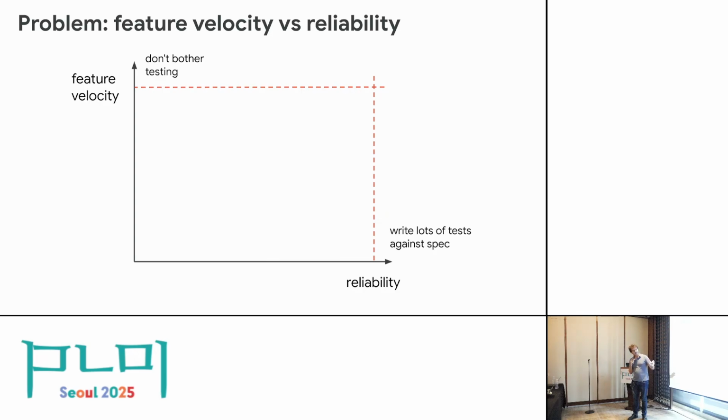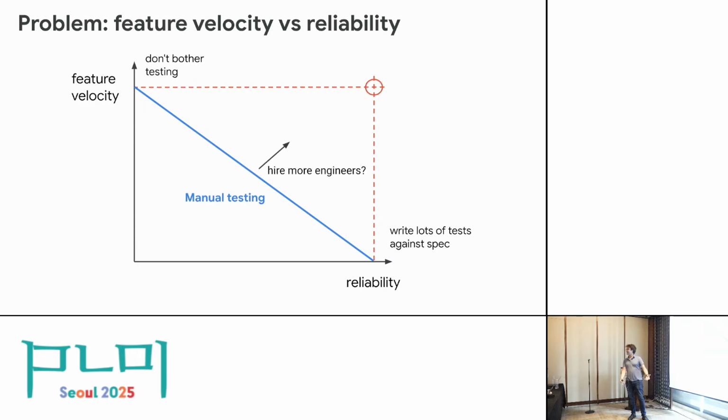So the reason why these are in contention is that every time you add or change a new feature, all of these beautiful tests that you just wrote have to come and change. And so that just means every additional feature that you add, every additional test that you add, costs you a lot. So there's this nice, it's not really a curve, line of manual testing. And of course, you can move this line. You can just throw more money at the problem. You hire more engineers. Probably there are diminishing returns. I'm not going to touch on that in this talk. But you could imagine that you could move it.